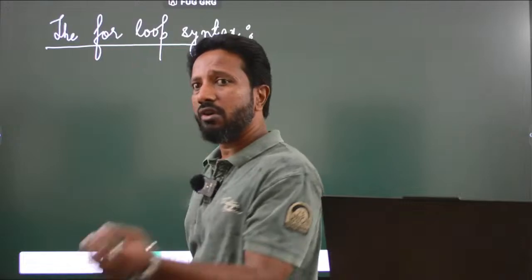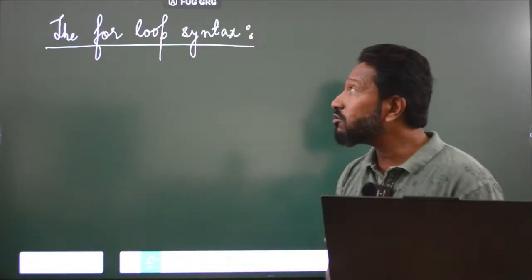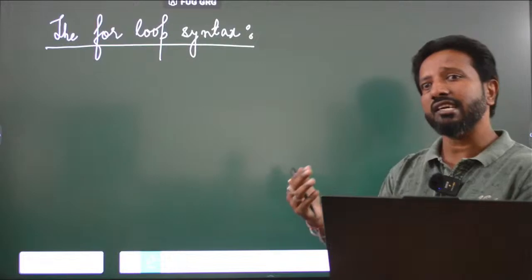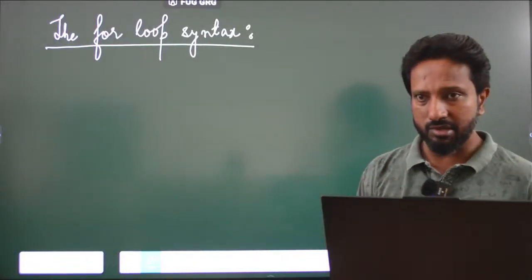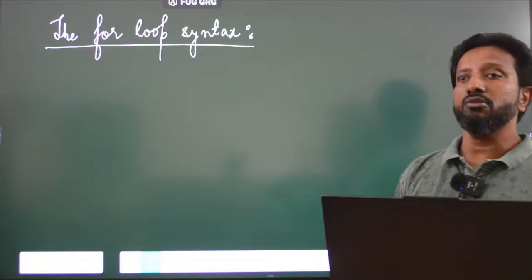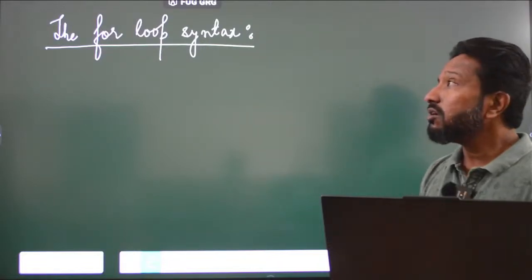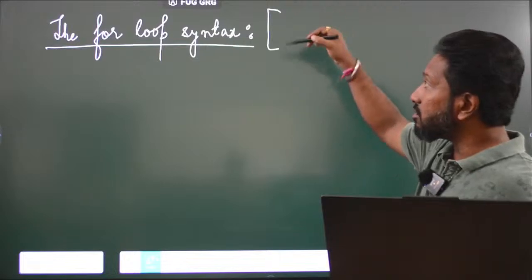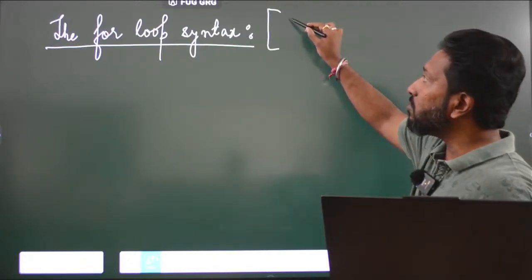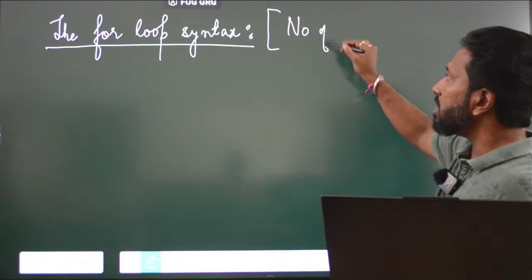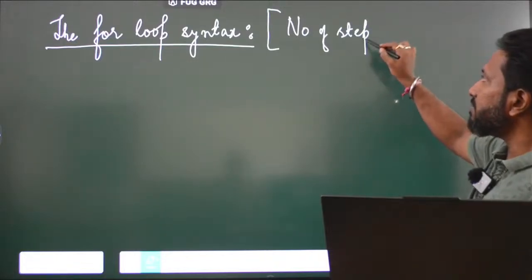Guys, we have already discussed that looping statements are used to perform something that is repeated multiple number of times. When we are uncertain, we use the while loop or the do while loop. When we are certain, to be precise, if we know the number of steps, so if the number of steps is finite,